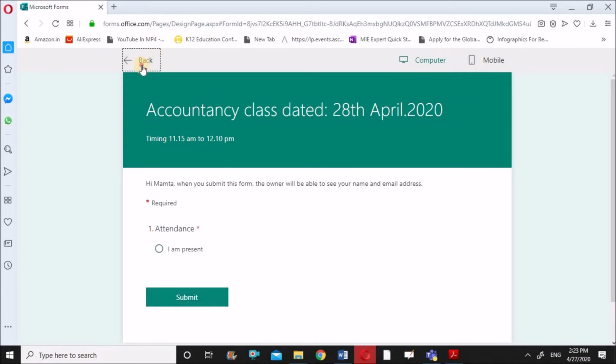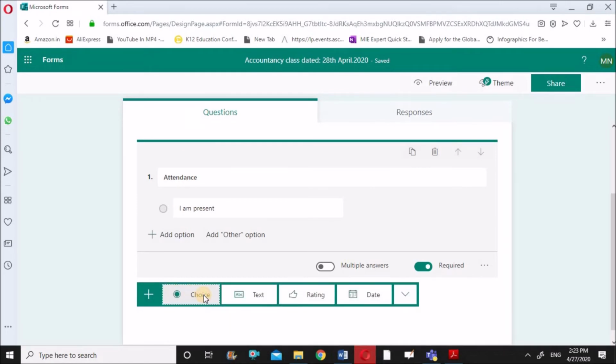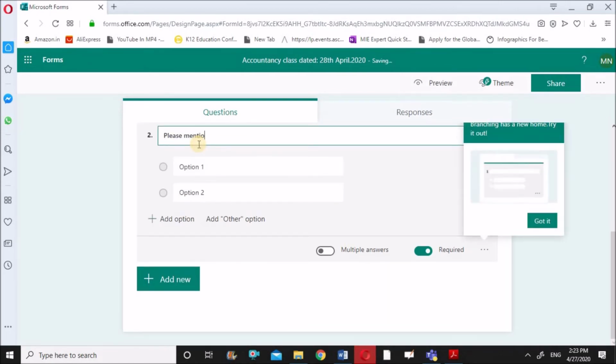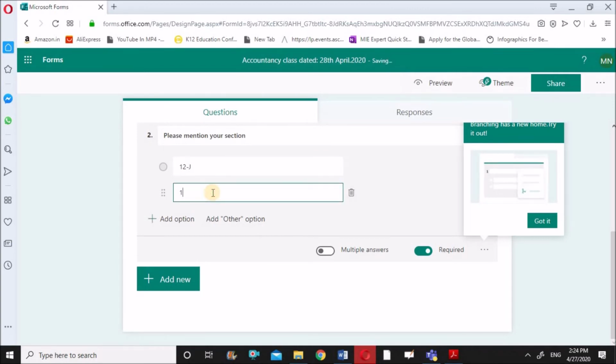Now one more thing you can do is, since some teachers in class 12 have sections also, you can add a new question. Again, choice, mention your section. Suppose you are teaching two sections, I can write 12J and second option is 12I.